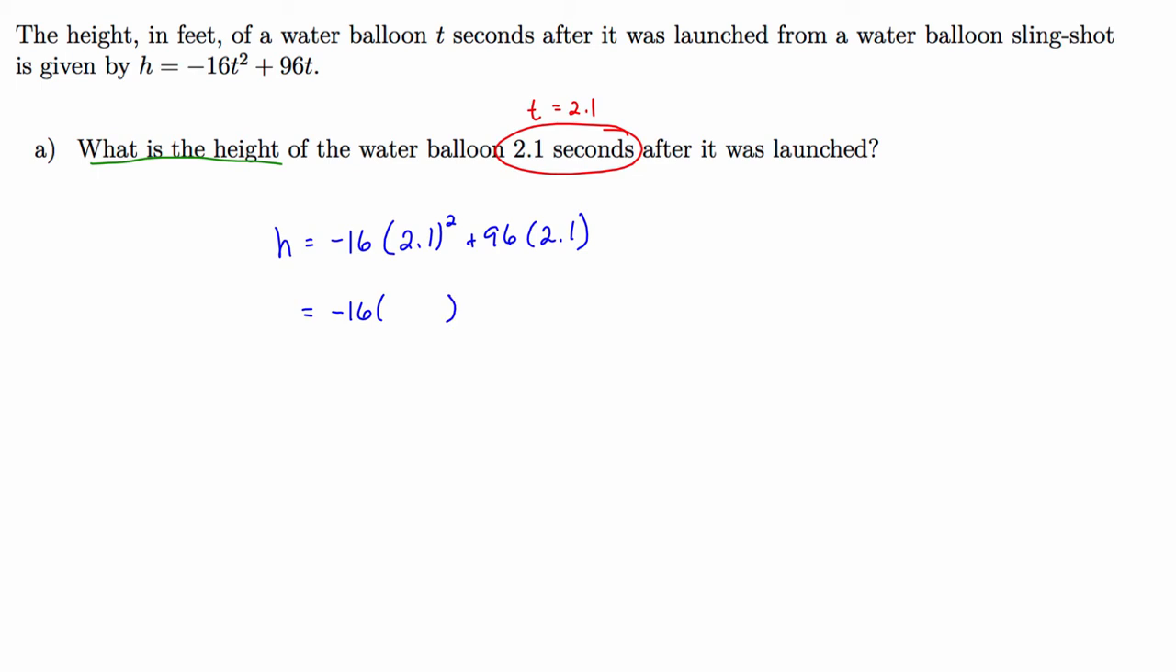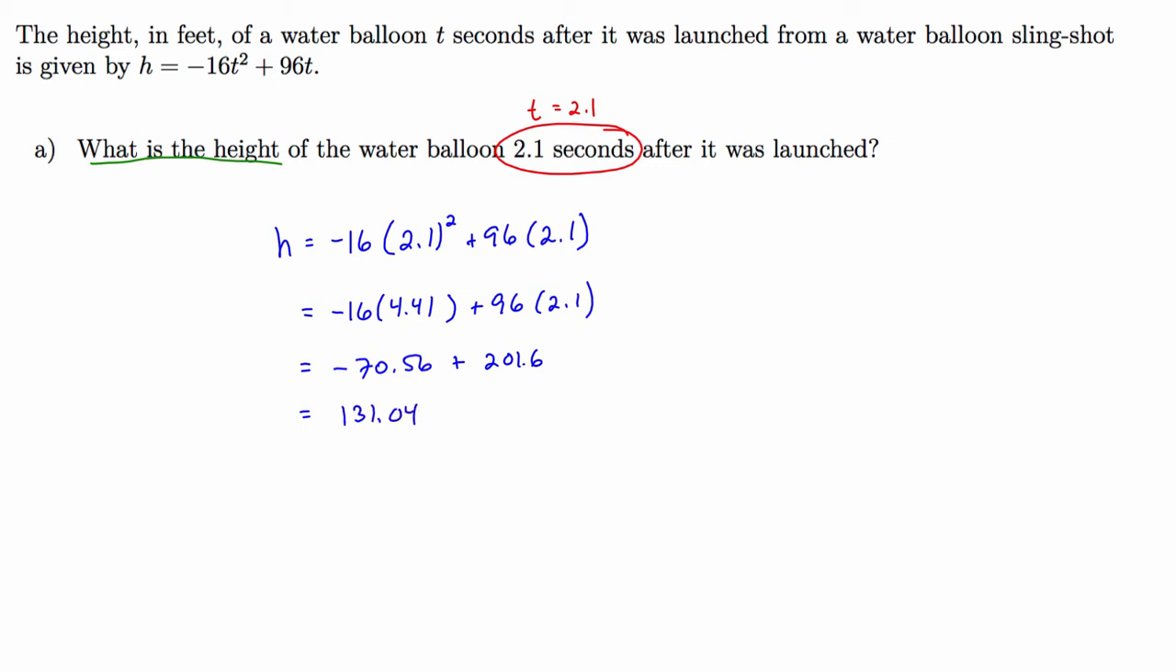Putting that into my calculator, 2.1 squared is 4.41. Now that we've taken care of the exponents, we'll now deal with the multiplication. Negative 16 times 4.41 is a negative 70.56. 96 times 2.1 is a positive 201.6. And to finish off, we will do the addition. A negative 70.56 plus 201.6 gives us